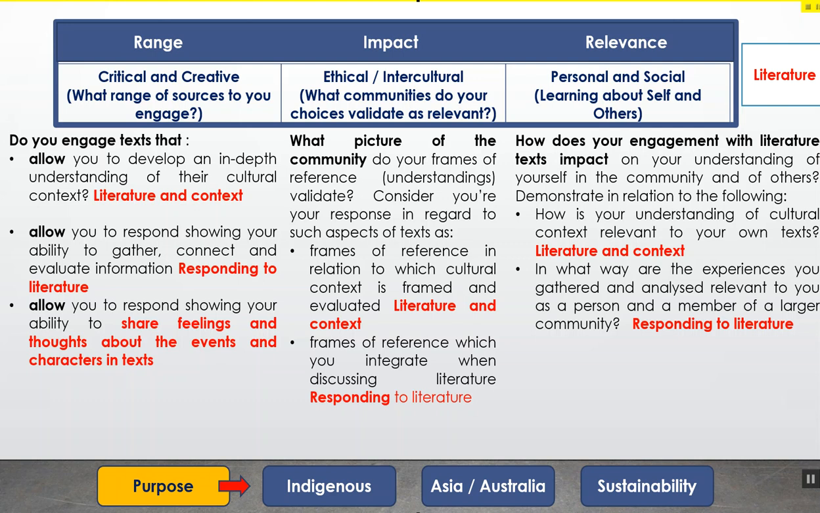Well, it's really hard about sharing feelings and thoughts and events when it comes to recipes, but it is about learning the profoundness of recipes. And actually it's very interesting that the critical and creative, if you have a range of different texts, like say novels and poems, but now when you actually bridge it with ethical and intercultural, so what you have is recipes from different cultures, from different places, that give you insights into those different places, cultures,